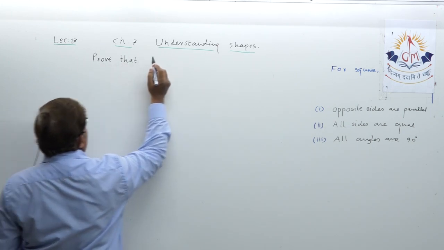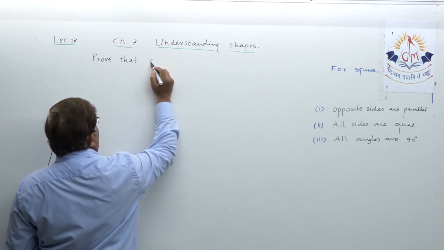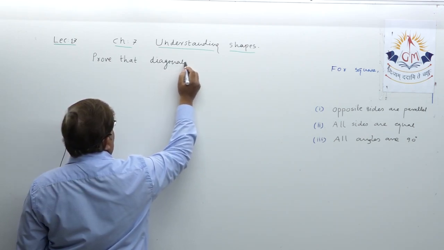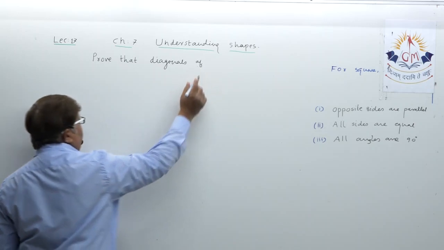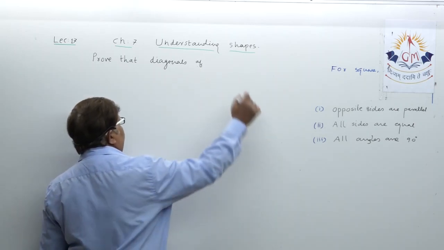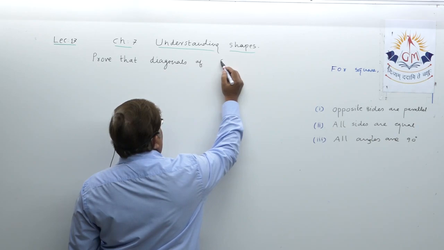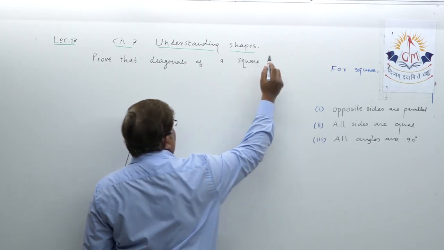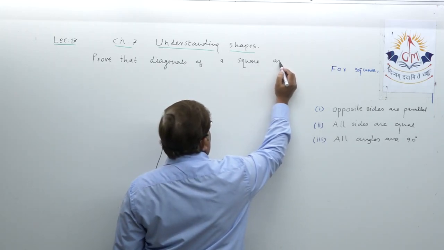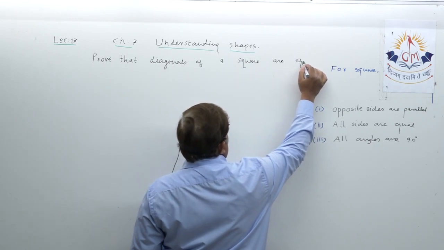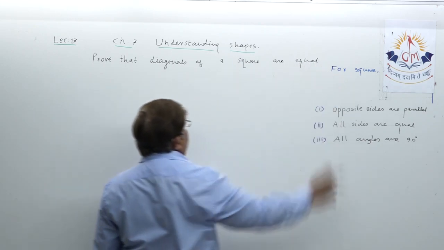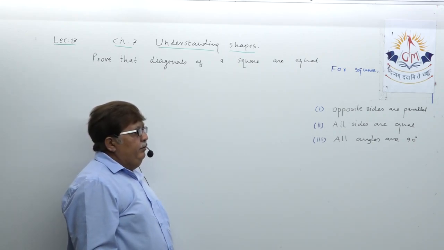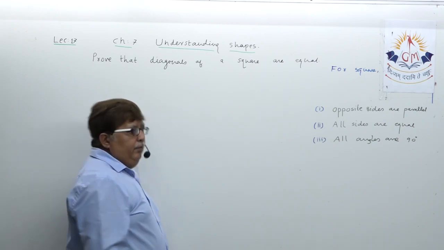Prove that diagonals of a square are equal